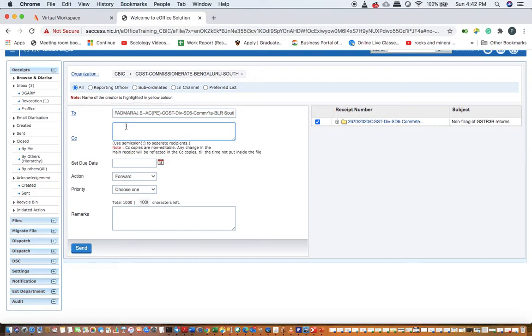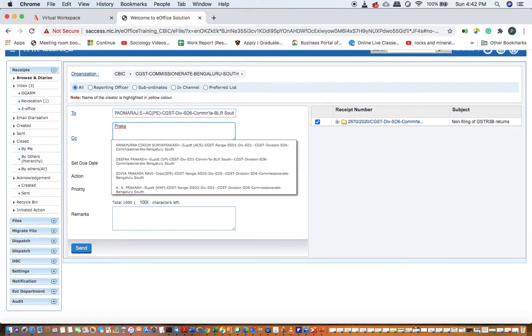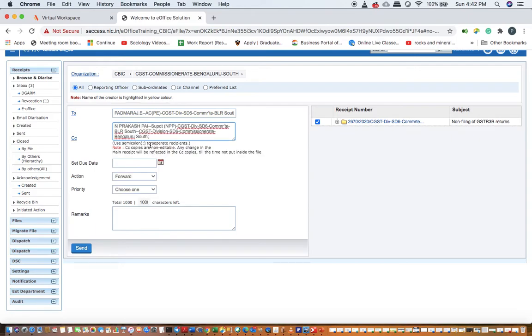You can diarize both separately and send one to the assistant commissioner and another to the superintendent. But here I am assuming that the second copy is not received in this office yet. So for demonstration purposes, I am assuming that the copy has to be marked to the range officer. So I have put the range officer's name here.